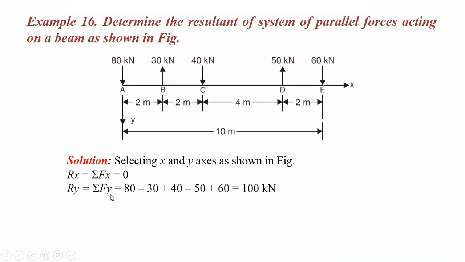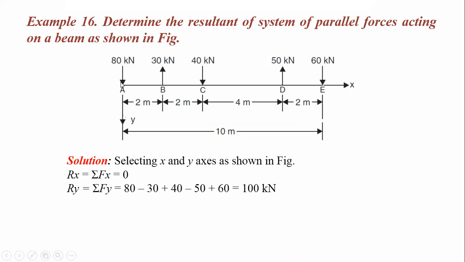Now let us take summation Fy, the vertical forces. You may take sign conventions as per your convenience. You may revise this or take the same. Here, those forces which are going downward we take as positive. Previously we took downward forces as negative. Instead of that, in this problem I have made some changes. Let us see what will happen. The answer will be the same.